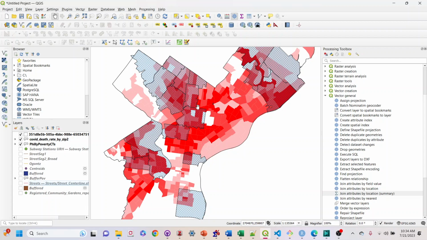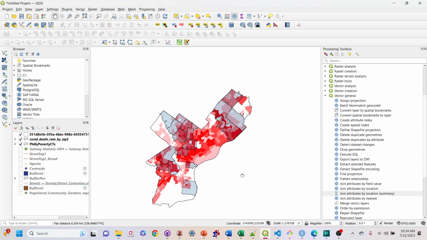I have the high death rate area, and you can see poverty shining through. So we can say there are some areas where we have high poverty and high death rate, but we also have high death rate in areas that are not high poverty. So this could be a visual representation of that combination of two variables. Now, to get a statistic,